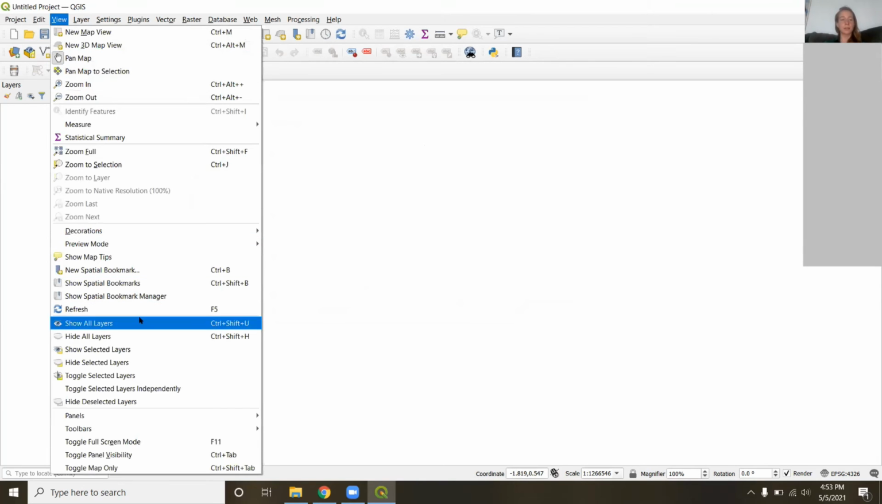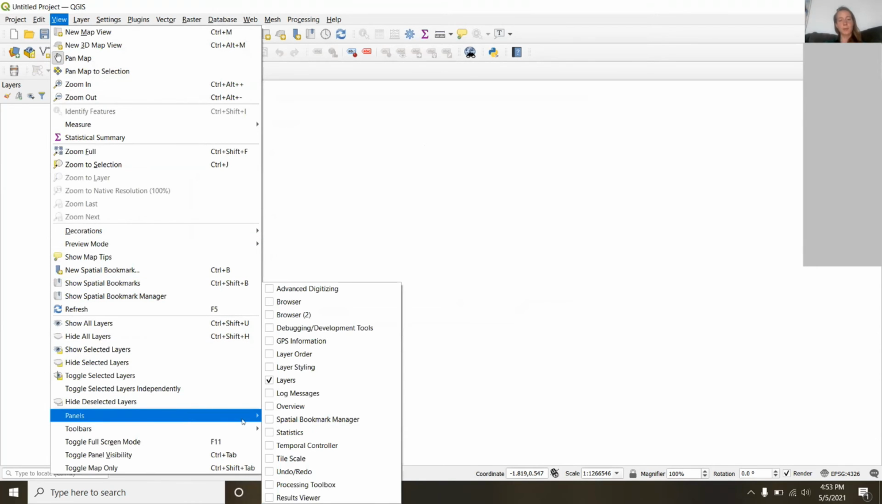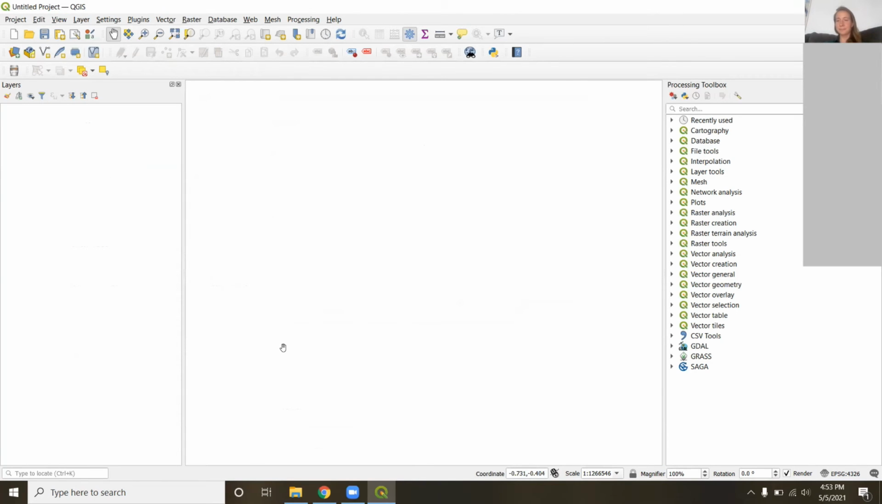And then once again, go under View, Panels, and you should see this Processing Toolbox pop back up. And like I said, we're going to learn a little bit more about the toolbox in the next workshop. But for right now, it's really all eyes on the Layers window. So the first thing I want to do, let's make sure,